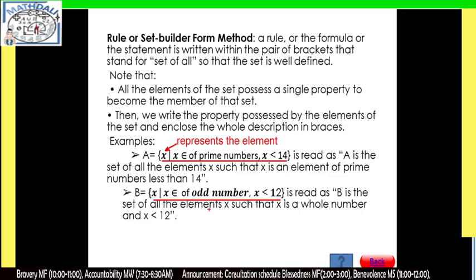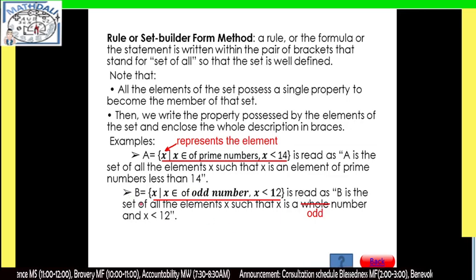B is the set of all element x such that x is a whole number. This should be composite. This should be odd numbers. Palitan ko na lang. This must be odd numbers and x must be less than 12.